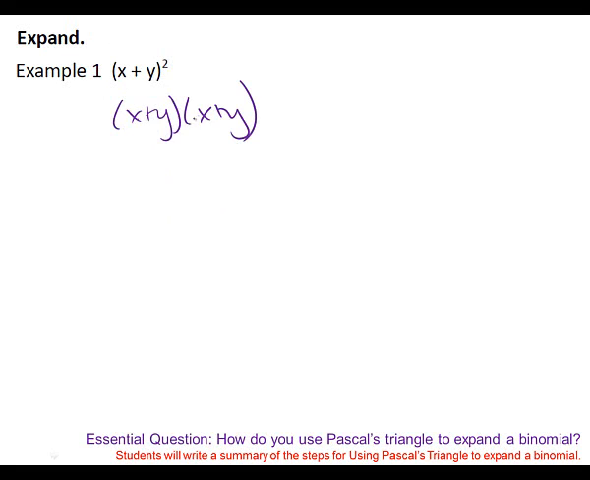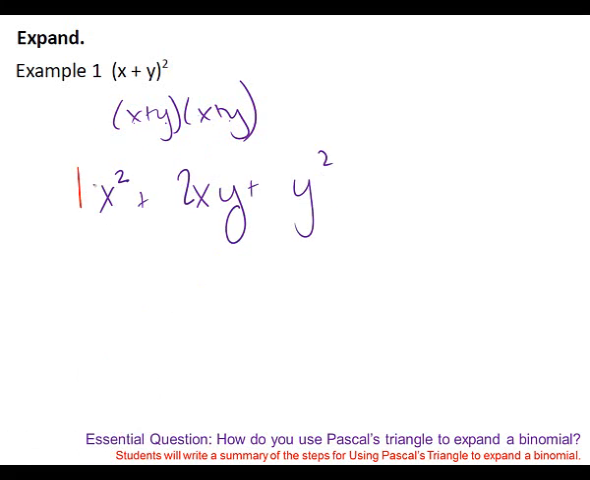So what's x times x? X squared. What's x times y? And how many of those do I have? 2. And so I put a 2xy, and what's y times y? All right, and then we'd have pluses in there. And what I want you to notice